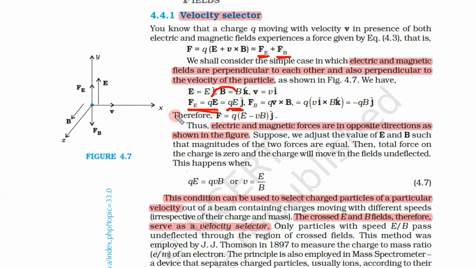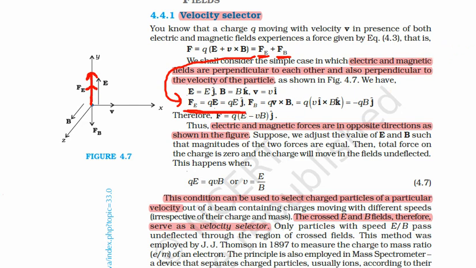The electric force will be in the same direction as the electric field. So electric field is in this direction, and electric force is also in the same direction. What we saw from this equation, we have taken this first electric force. Electric force is in the same direction as the electric field because it is the direct multiplication: QEj hat.